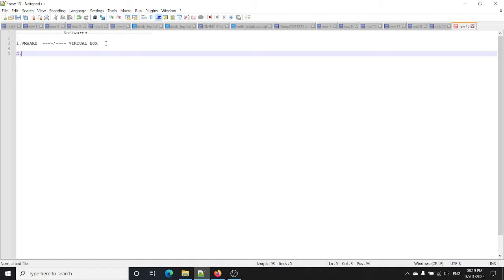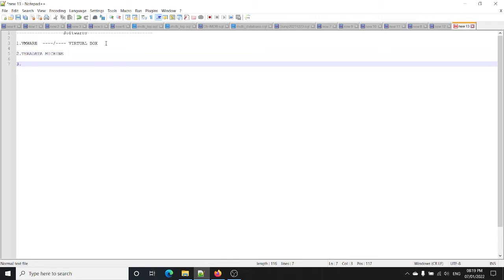Then the next software or tool we will need is a Teradata machine. Teradata will provide us a machine, so what we have to do is download it and open it in VirtualBox or in VMware. In our case we are going to do it in VMware. So this is our second requirement.